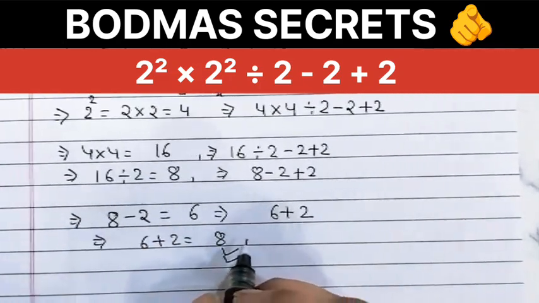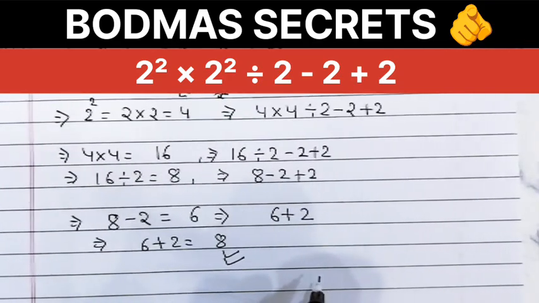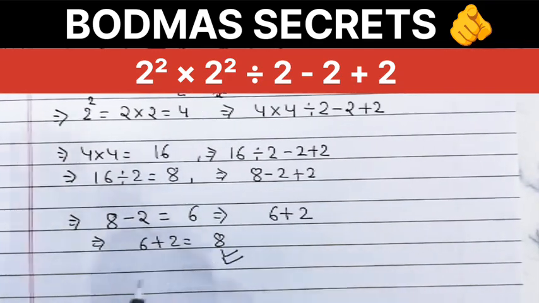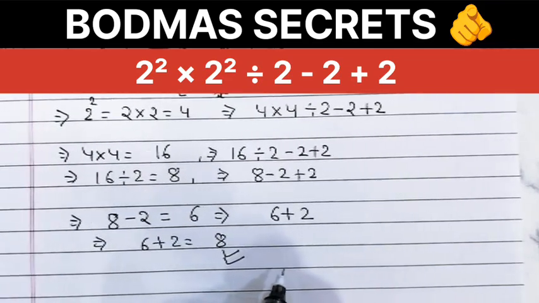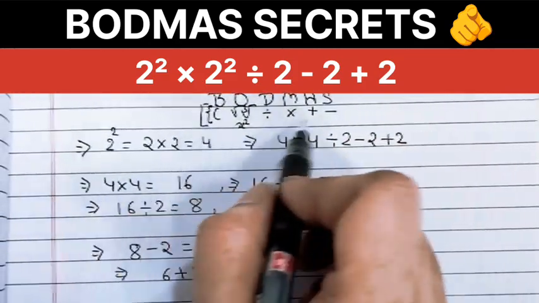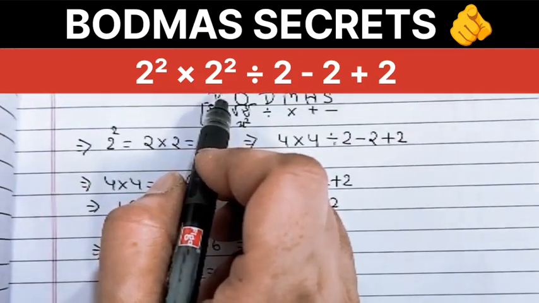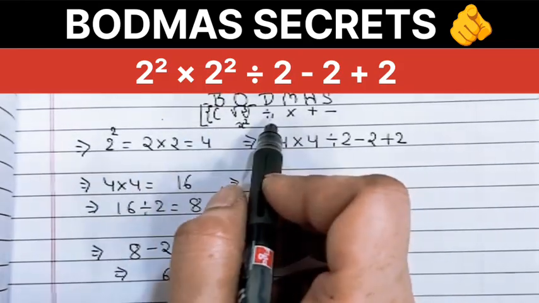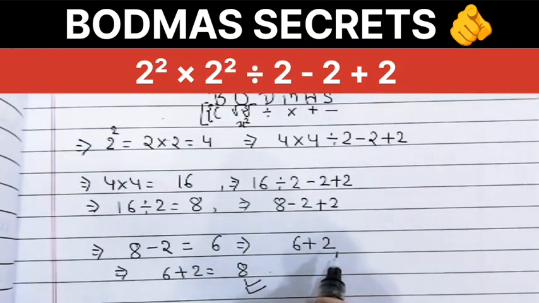Now according to this last step, just like multiplication and division, addition and subtraction have equal priority. Working from left to right prevents common errors like accidentally adding the last two numbers first, which would change the result. Conclusion: by strictly adhering to the BODMAS hierarchy, we ensure that the exponents are handled first, followed by the multiplication and division group, and finally the addition and subtraction group. So the final answer is 8, and I hope it is clear.